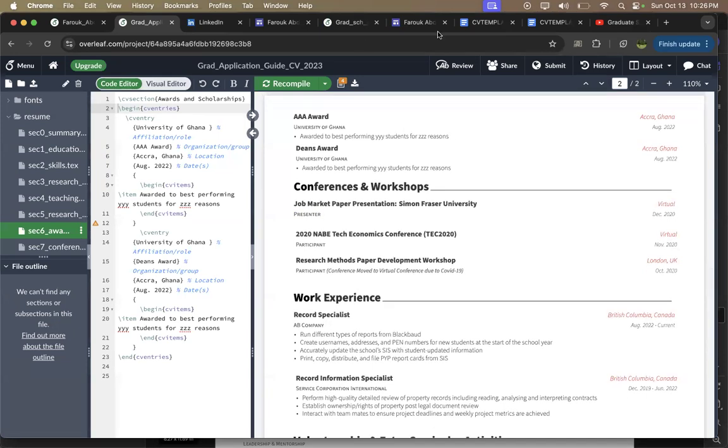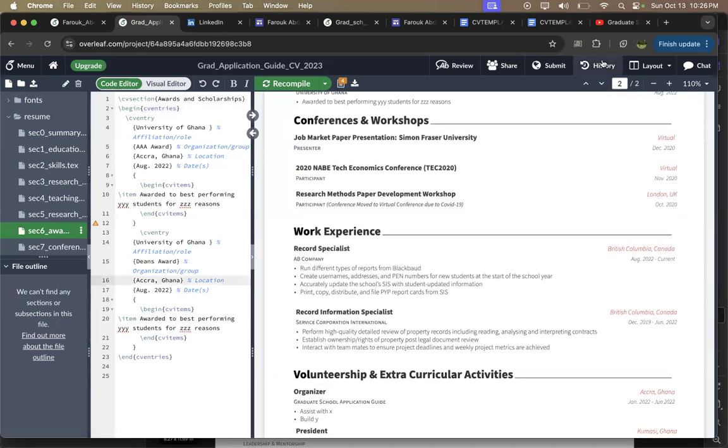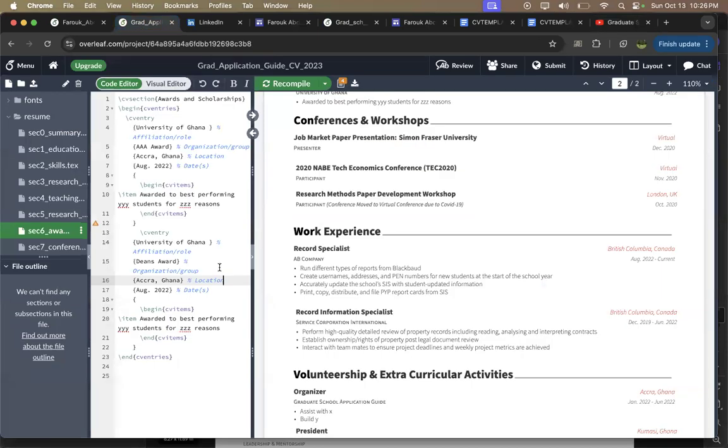I think the CV is going to be fairly straightforward in the sense that we now have the rubric, right? And I'm going to send you guys the template. So whatever you see here, you can just put it here. I did mention earlier, this is going to be a 10-minute guide. You can just use this guide and you get the CV right away. Whatever you need to write, you can just put it there and everything should be fairly straightforward. If you follow what we discussed today, just copy and paste and make sure it suits your setting.